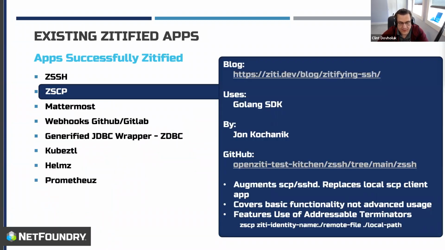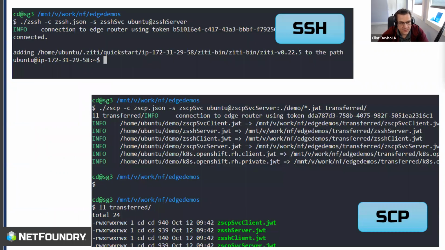SCP is the same sort of thing. So SCP will just go over the same port 22. And here's a good example of using ZSSH and ZSCP. The key things here, another superpower of that addressability that doesn't really register unless I point it out,